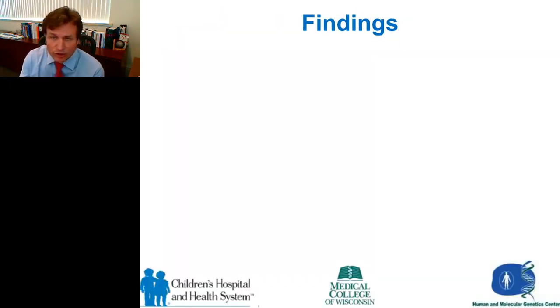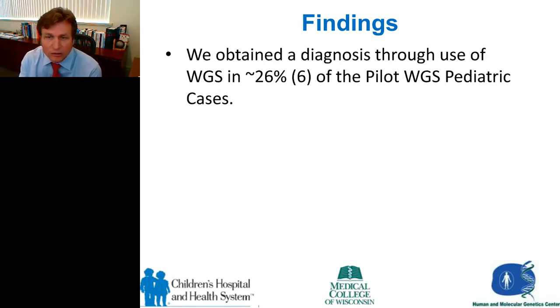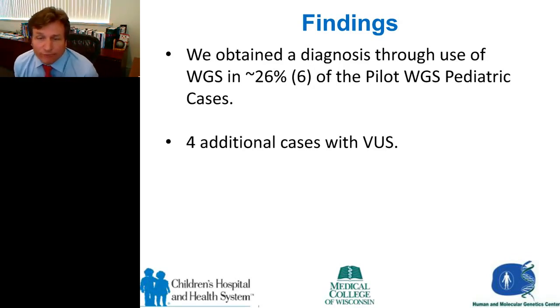So the findings, what have we learned so far around our pilot projects? Well, we've learned that we can obtain a diagnosis about 26% of the time. I'll tell you that, in fact, yesterday and the previous week, we had 2 more cases that have been resolved, and I'll talk about that. So we're now up to 8 cases that we've resolved out of these 23. We have 4 additional cases with the VUSs, and 2 of those cases are the ones that just got cleaned up. And what happened there is there were some publications that just came out that actually showed that those genes and those variants that we thought were causal actually were in multiple family members,